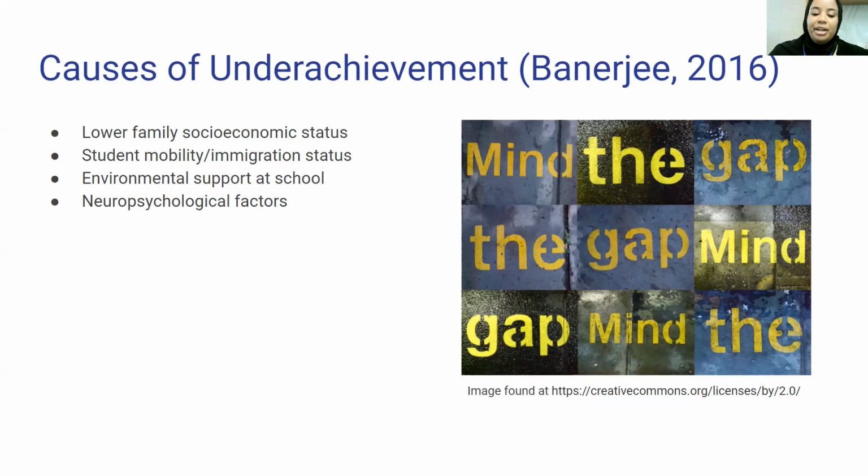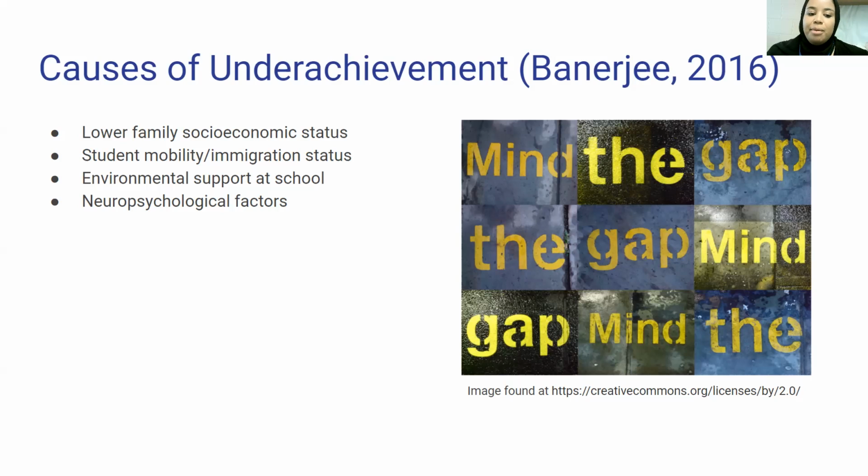Student mobility and immigration status has a huge bearing on underachievement. So students come in the middle of the year, they're not given a science placement test or any kind of placement test, and they're not given a specific plan of how they can remediate their learning. Immigration status also, so a lot of times families come from other countries, their primary focus is not on the child's education, so they're trying to just basically put food on the table. So that's another reason for underachieving. They're not primarily focused on their child and the achievement levels of their child.